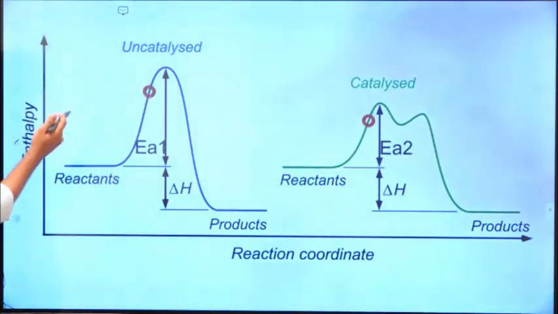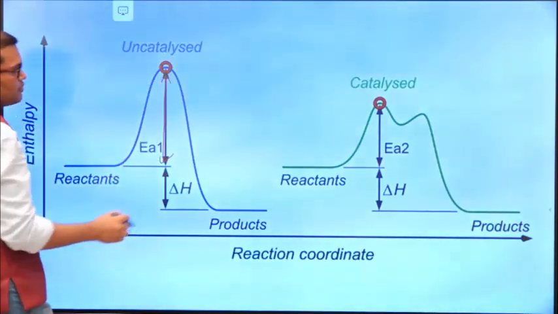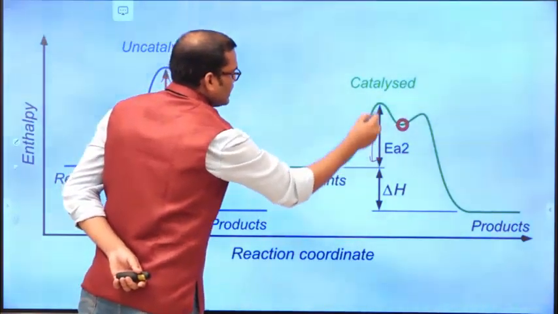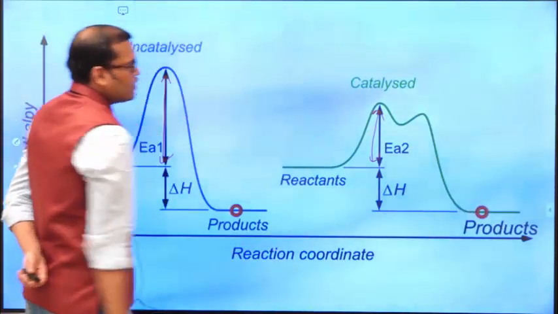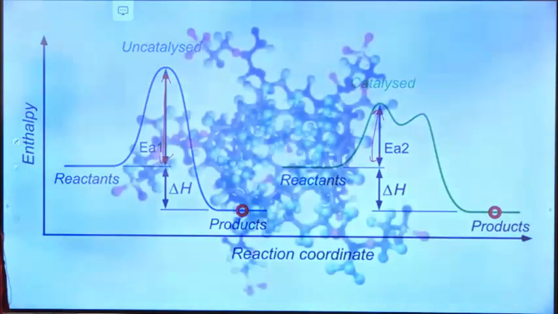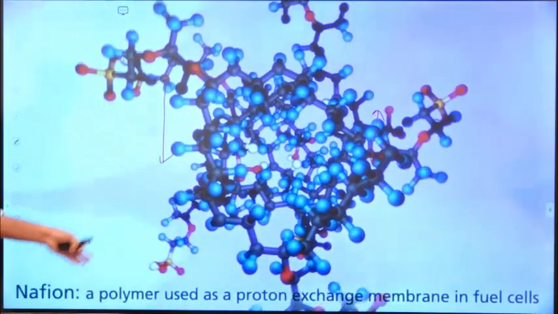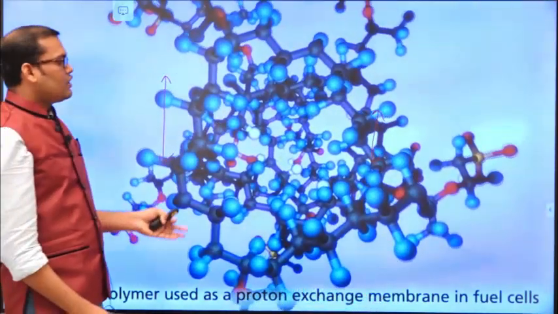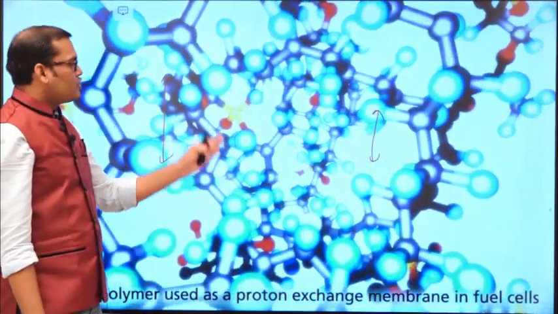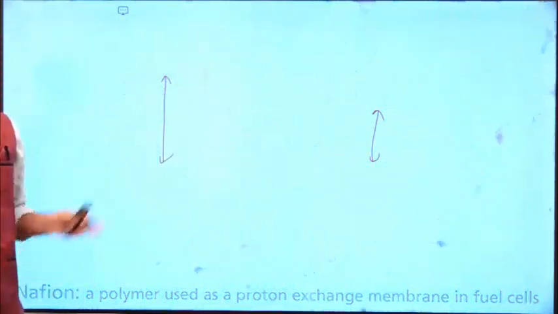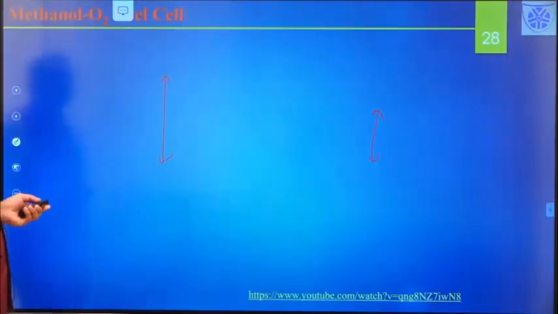So this is the role of the catalyst here. If you don't use the catalyst, the activation energy is this much. But if you use the catalyst, you can reduce the activation energy. That is the role of the catalyst. You can bring down the activation energy of any electrochemical reaction, by which you can produce more energy. And this is one of the structures of the Nafion membrane, which we use instead of aqueous based electrolyte. We can use the proton exchange membrane, which will allow only certain ions. In this case, it allows only the H plus ions to move through it.